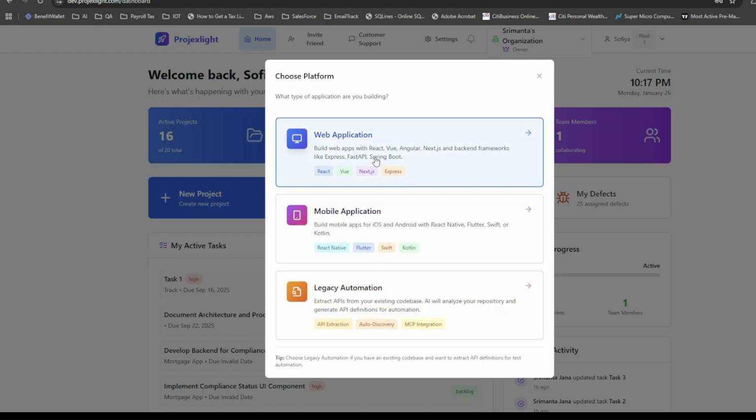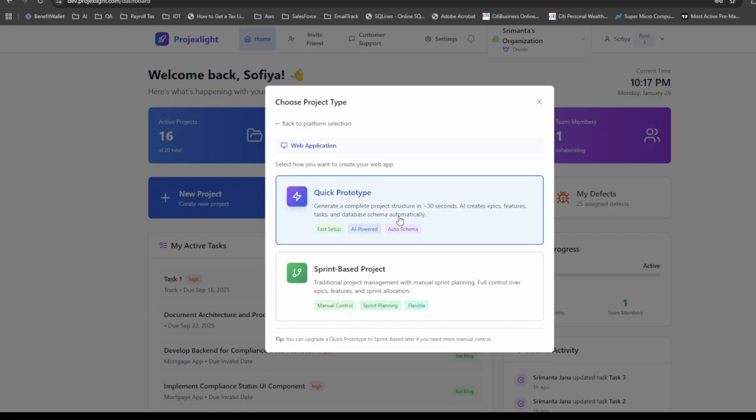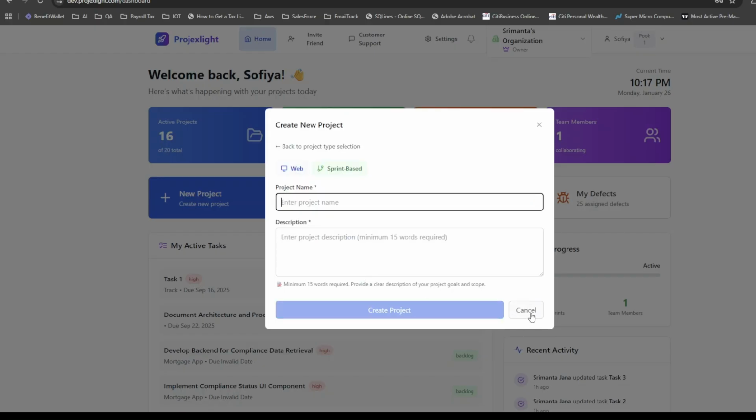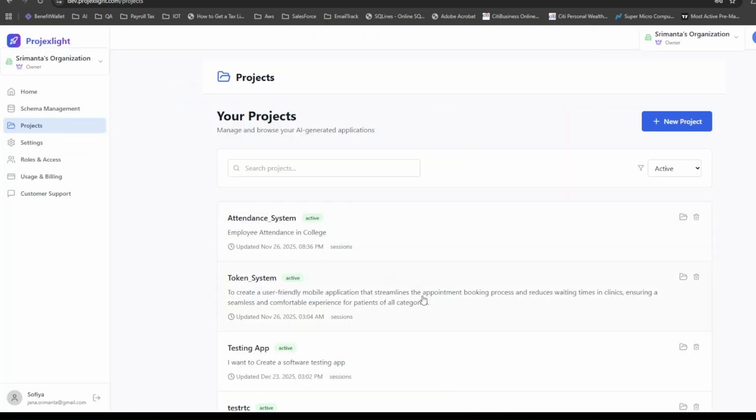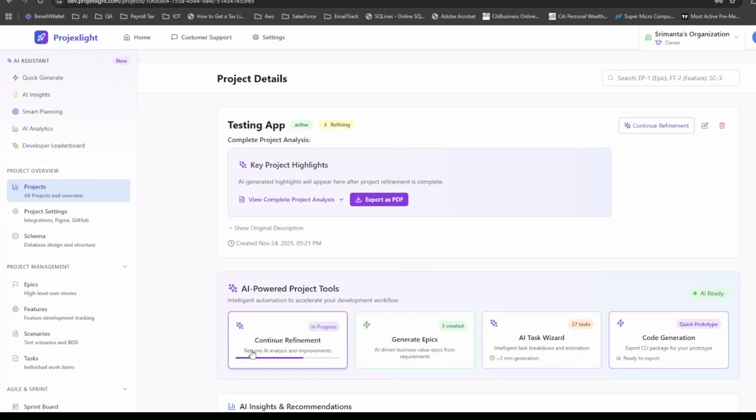If you create a new project, you can choose between prototype mode or sprint mode. If you are starting for the first time, you can use prototype mode. Based on the project description, you can choose different provider and model combinations to do deep research for an MVP to fit your requirements. You can attach a Figma design to each feature the AI generates for you, which can be used for